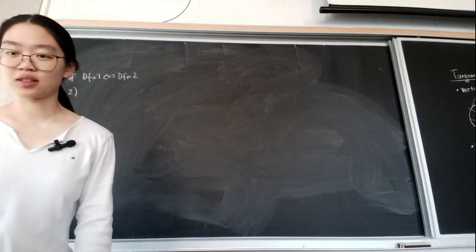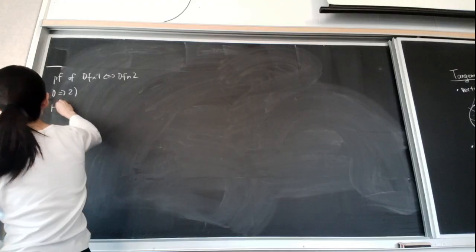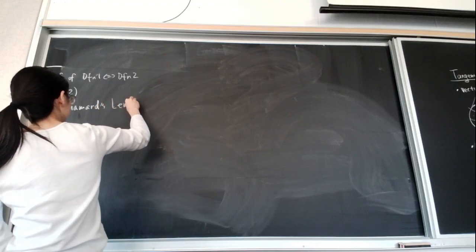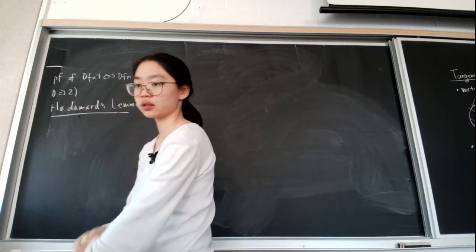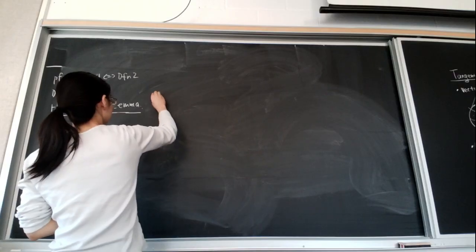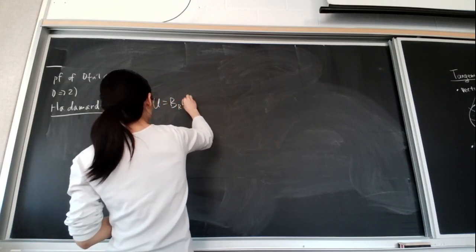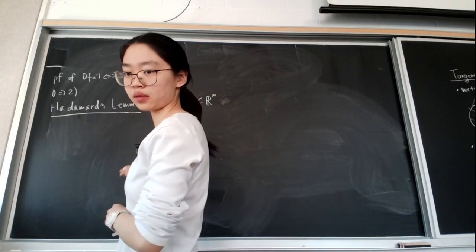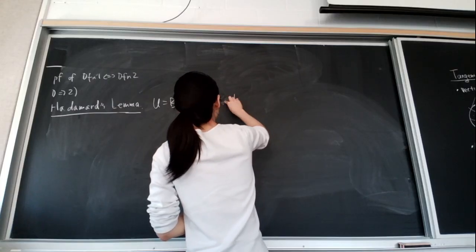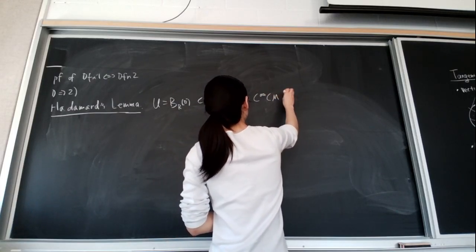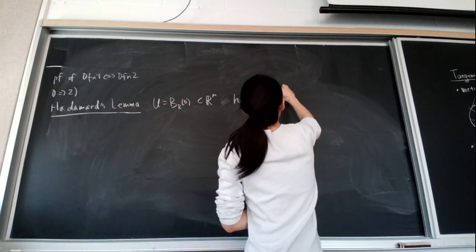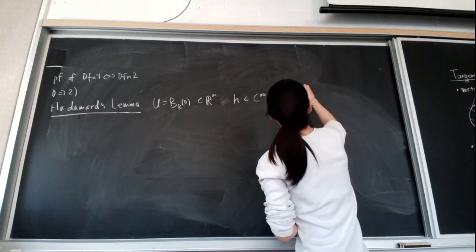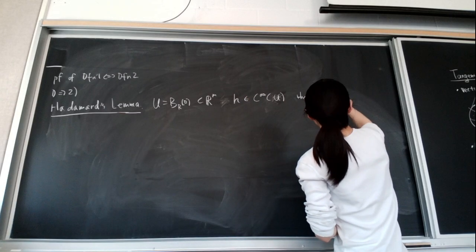Okay. So we first need to prove a lemma called Hadamard's lemma, which states: if U is an open ball with radius r around 0 in Rm, where r is greater than 0, and h is a smooth function on U, meaning h from U to R, then there exist hi,